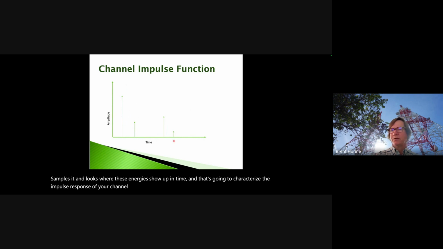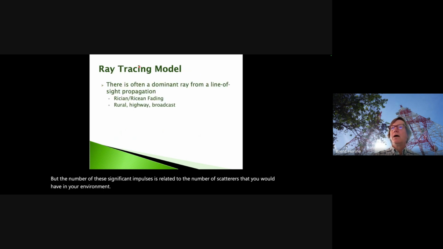Now, this is going to be for a particular frequency and a particular position in the spatial domain. If you move off, you might get something a little bit different, or if you move far enough, you might get something radically different. But the number of these significant impulses is related to the number of scatterers that you would have in your environment. There's often a dominant ray from a line of sight propagation, and we'll call that Ricean